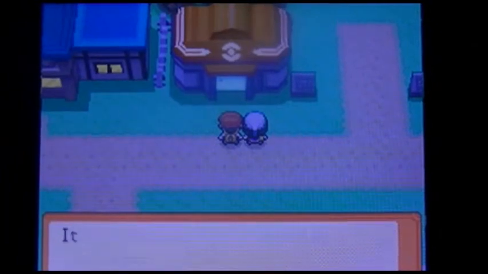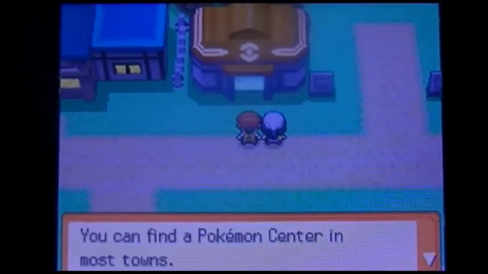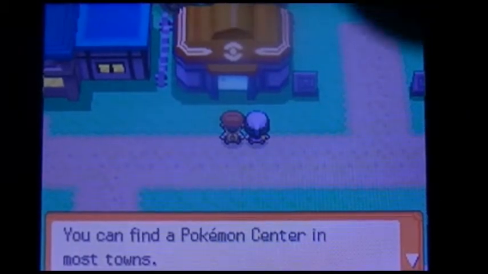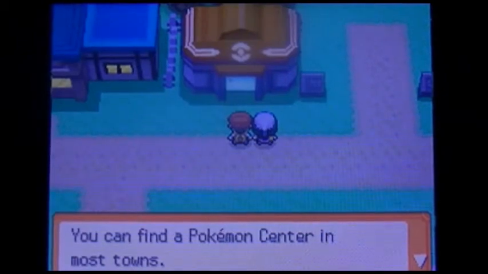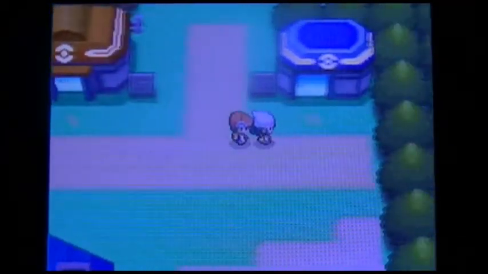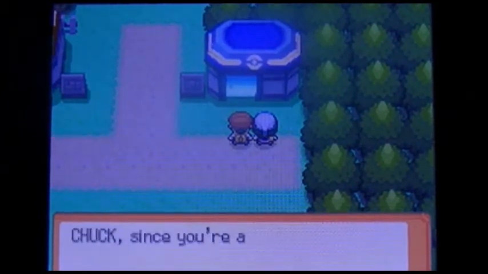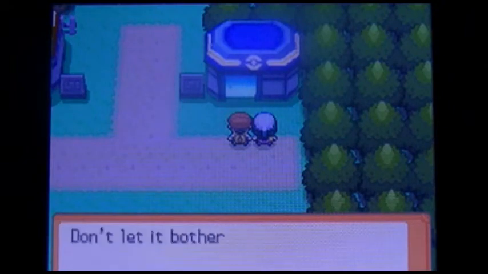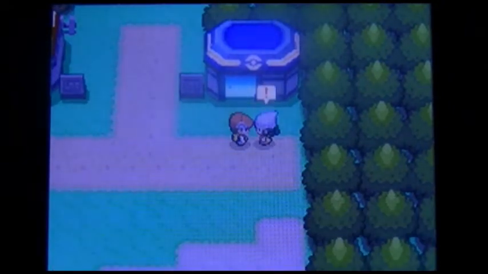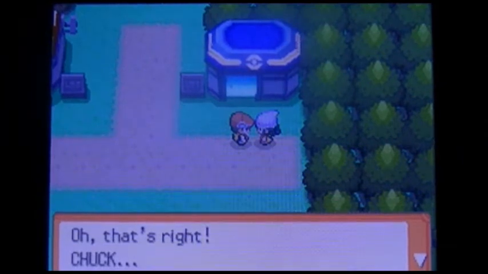That building with the red roof is the Pokemon Center. It's the place that heals Pokemon that have been hurt in a battle. We'll be visiting there frequently. Oh, I'm sorry guys, I kind of bumped the camera a little bit. You can find it in all the towns. And there's the Pokemon Mart, which is one convenience that Gen 5 added that I really appreciate. You wouldn't think you really care that much, but having the Pokemon Mart in the Poke Center, very nice touch in 5th Gen, but this isn't 5th Gen, so...